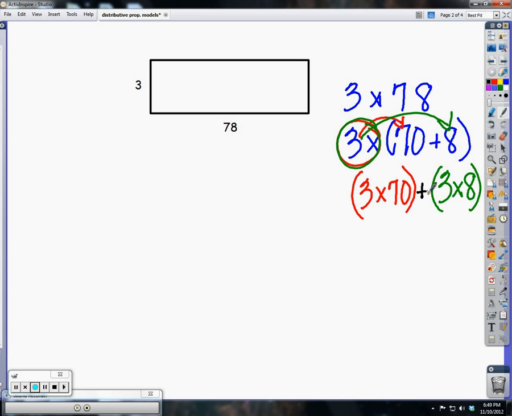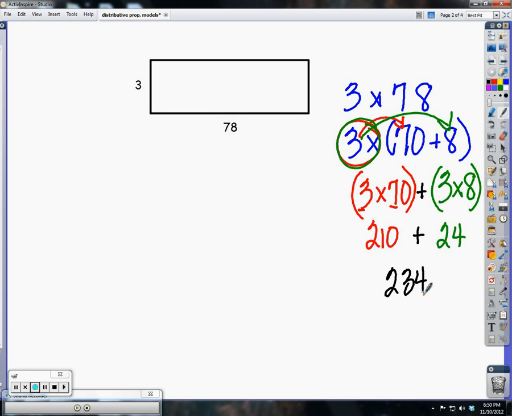And then we added the two together. 3 times 7 is 21 with 1 0 at the end. So the product of that quote-unquote larger portion of the rectangle was 210. The smaller portion, 3 times 8, basic multiplication fact, is 24. Now, if we add the two together, 210 plus 24 would give us